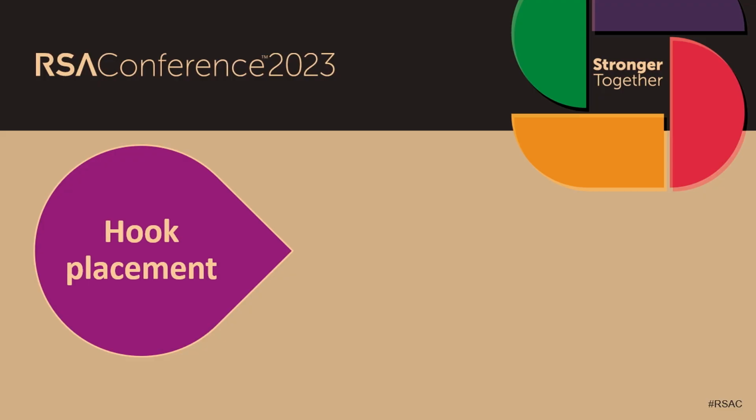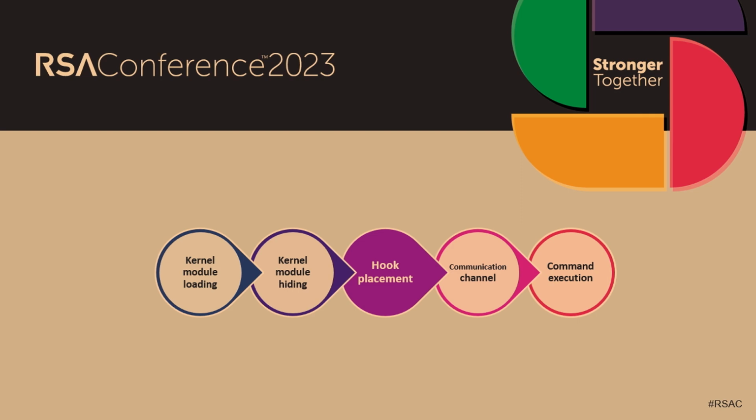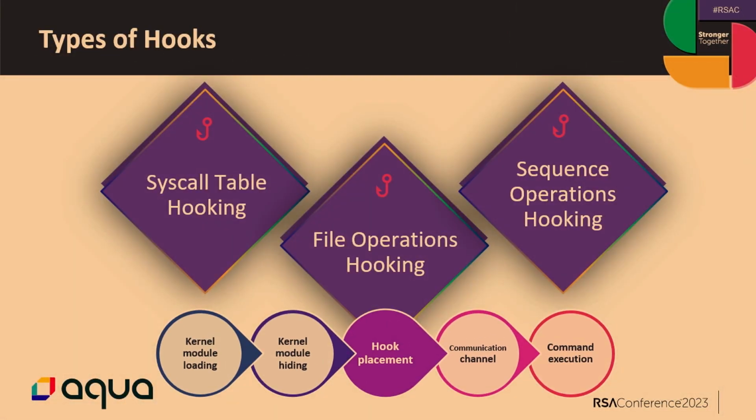Okay, now those were the first two stages. The next one is hook placement. As I said earlier, this is the key component of the attack, because this is the actual place in the attack that hides the malicious artifacts. We're going to go over several types of hiding. There are many more, but we only had 50 minutes. So we decided to talk about those, but feel free to come after us to talk about more.